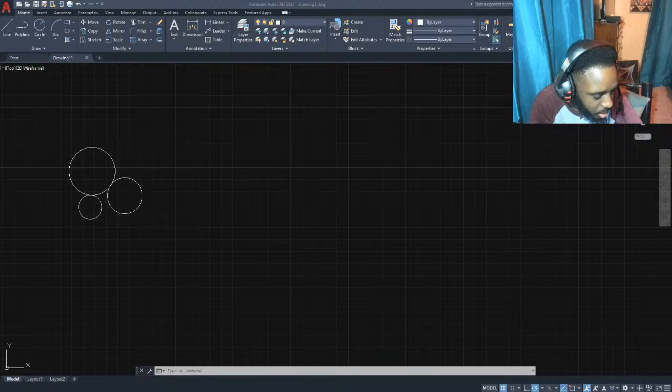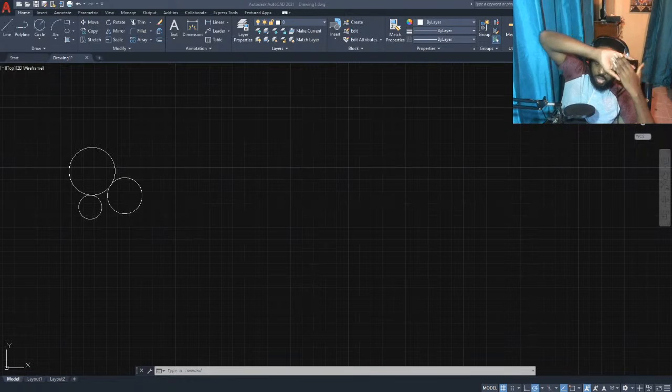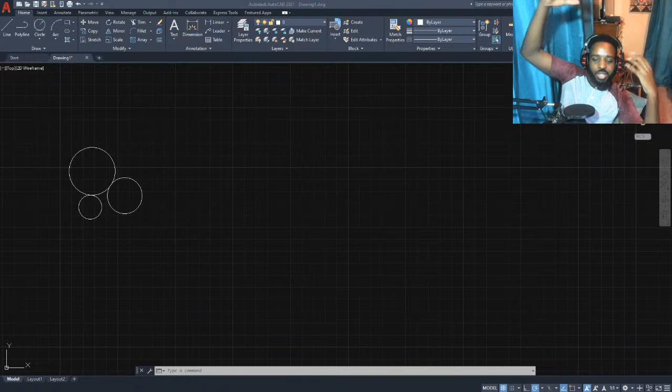Let's do this. We can look at an auxiliary drawing. No, auxiliary projection. With auxiliary projection, it's kind of linked to things like true shape and all of that.